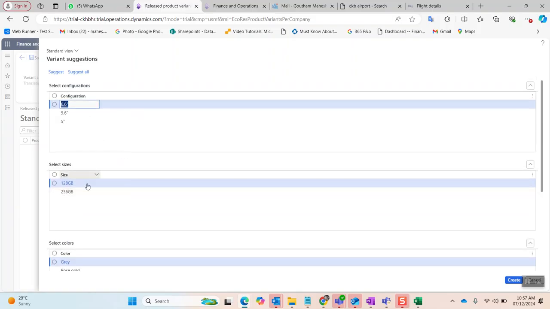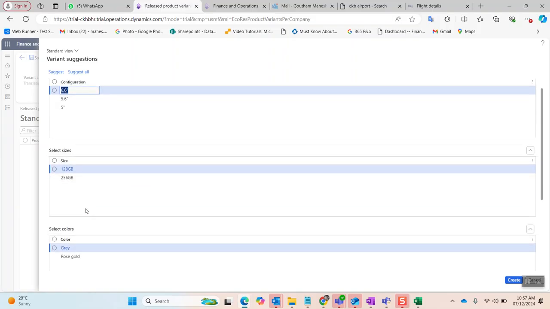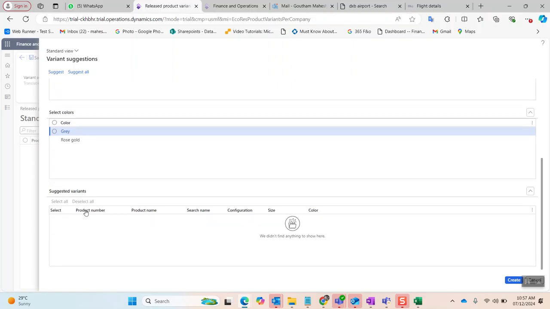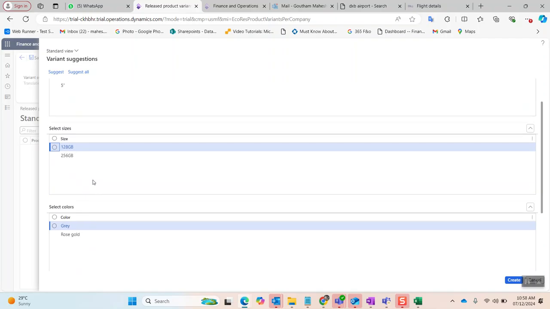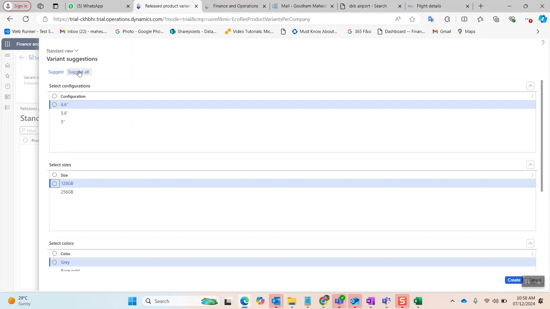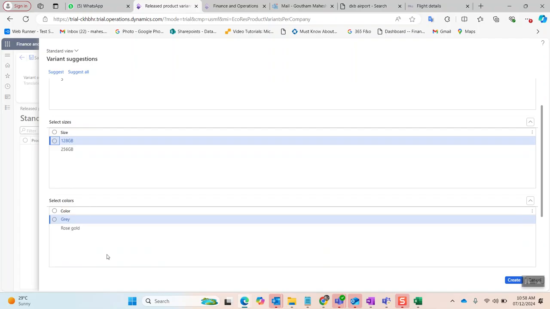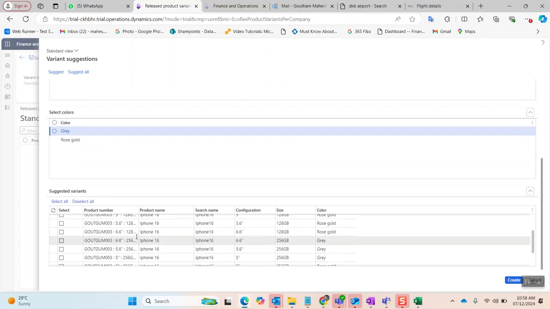Okay, so these are the three dimensions which we have updated and which is populating over here. Other than that, if you scroll down, you can see suggested variants. You can select manually, or else directly you can see on top we have suggest all. Once you click on suggest all, all the configuration, all the selected sizes, all the colors will be combined and it will show you all the